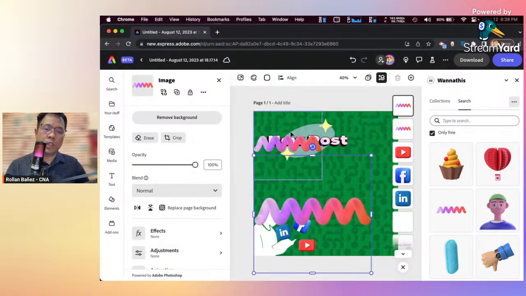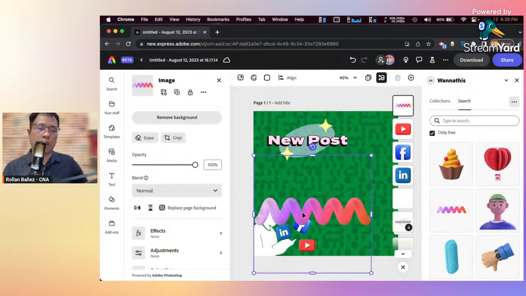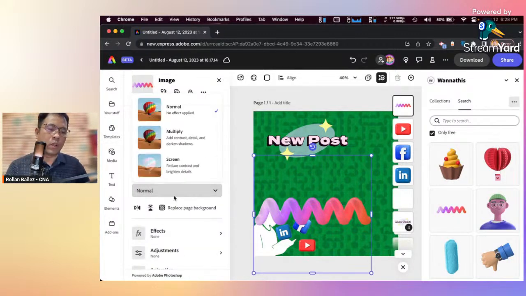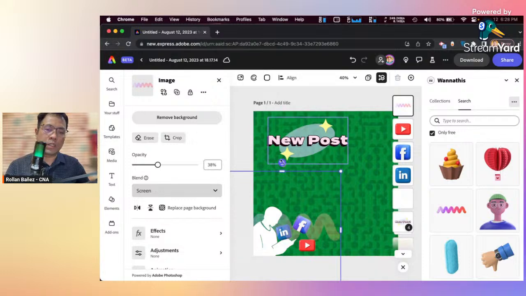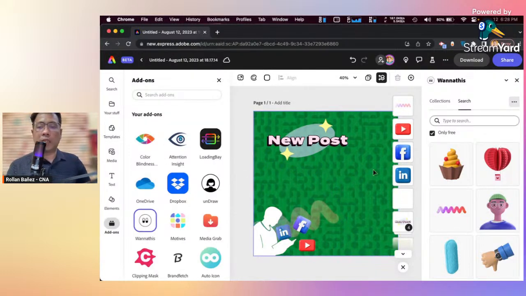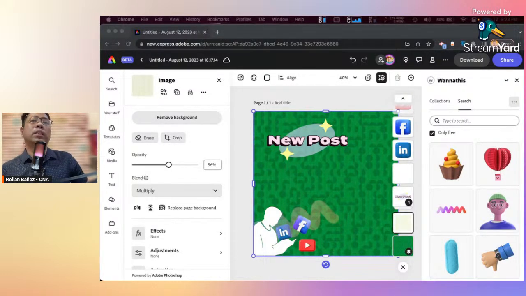And you can implement some of your design choices or settings by using the element. Let's click on screen. Let's add the opacity. You can easily do that here, or rotate this. Easily do that. That's how easy it is for you to use one of these. That's a great add-on.